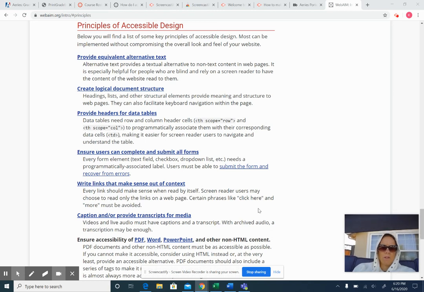Hi, in this video I'm going to talk about some principles of accessible design, in particular, which ones are new to me, which ones are important for me, and which ones I might already do. So looking at this